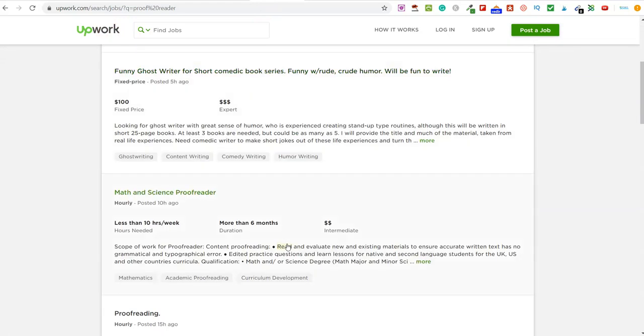And I know people comment down below and say, I've applied for jobs before on Upwork or Guru or freelancer.com or wherever, but look, it's a numbers game, isn't it? The more you apply for, the better chance you're going to have of getting accepted onto some of these jobs. And everybody starts out at the same position when they go onto any of these freelancing websites. Everyone starts at a base rate of 0. You're going to have to apply to jobs to start